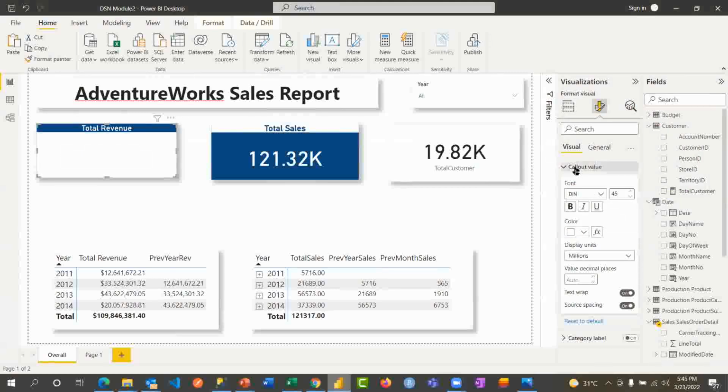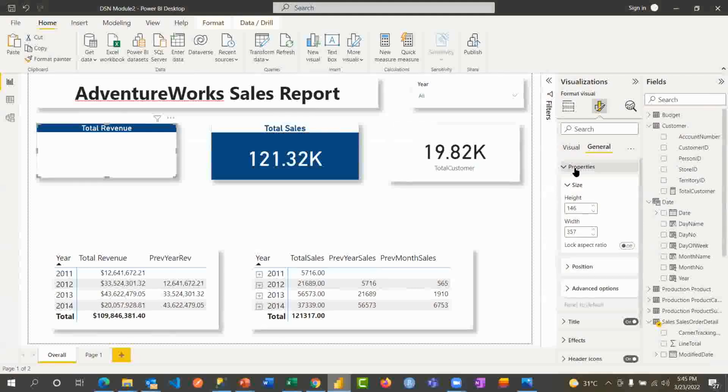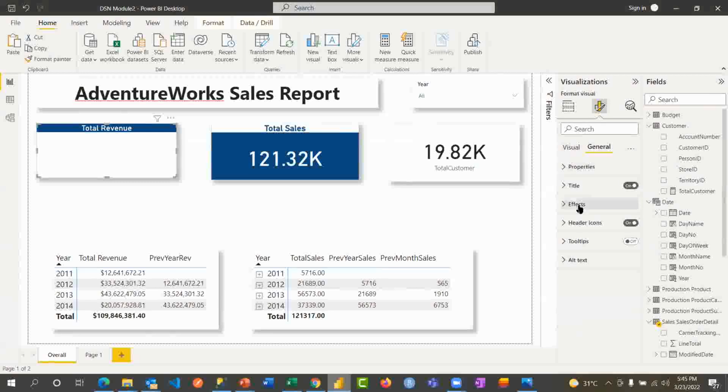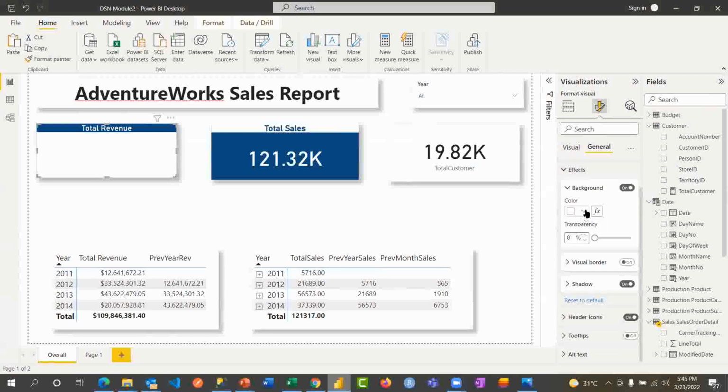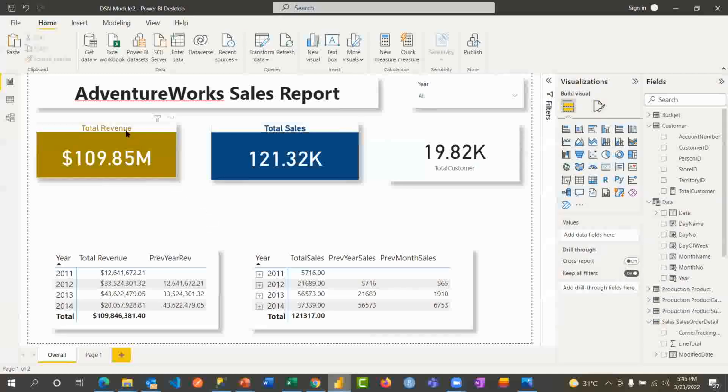Let's leave the color as white and change the background to gold. And come back to properties, effects, and go to background and change the background color to gold. That way, let's reflect that also on the title. For the title, I can keep the text as gold and the background as white. So right now I am speaking to total revenue as gold, speaking to total sales as